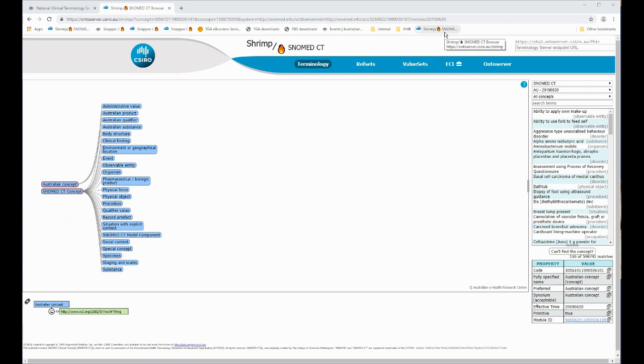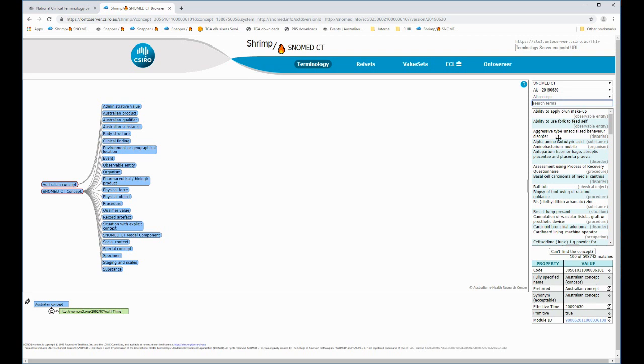Now let's go through each part of the user interface in turn. In the ribbon is the Terminology tab, and this is the default tab that the web page starts on. Over on the top right are drop-down filters, where you can start to narrow down the scope of your search. And just underneath is the search bar where you type in your search terms, and then below that you can